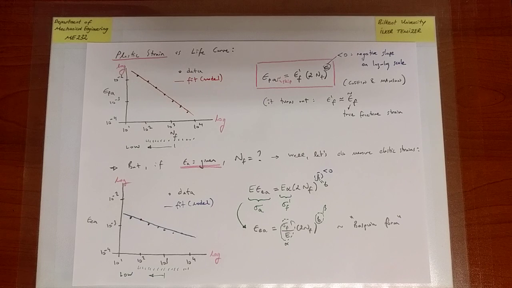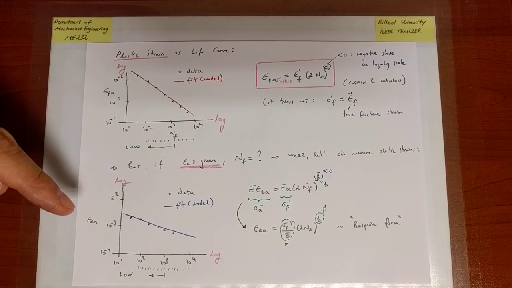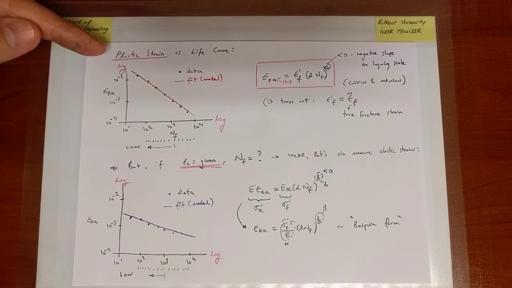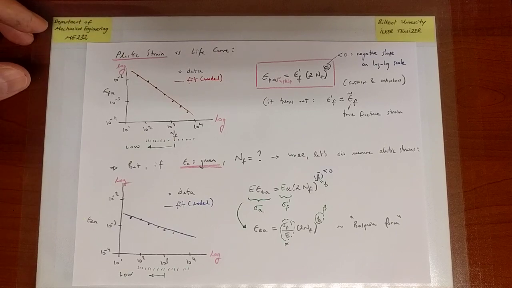It seems to be a representative behavior. But now let us move to the final goal and combine these two pieces of the puzzle and relate the strain amplitude to number of cycles to failure. So let's remember these two plots associated with plastic strain and the elastic strain amplitude. Red is plastic, blue is elastic. And let's proceed and put everything on the same